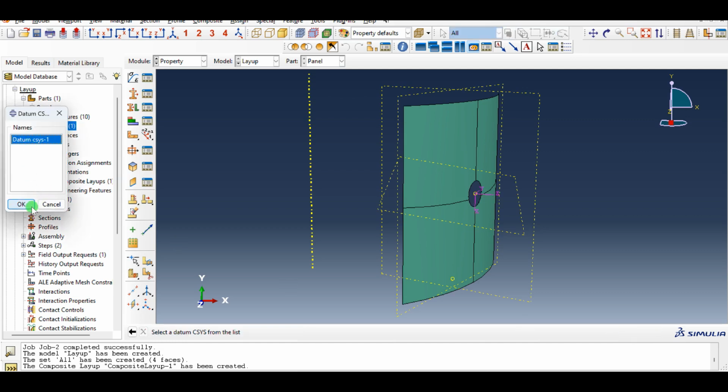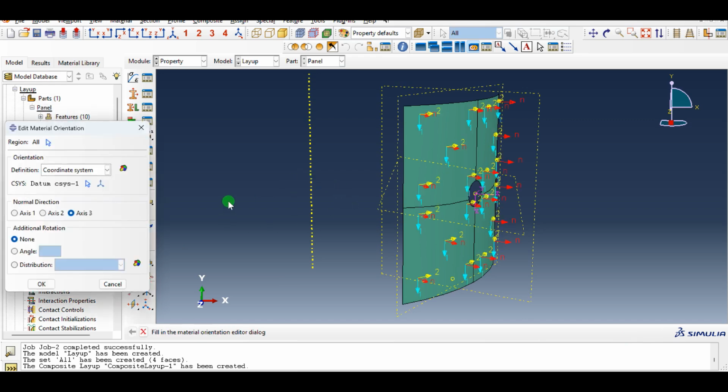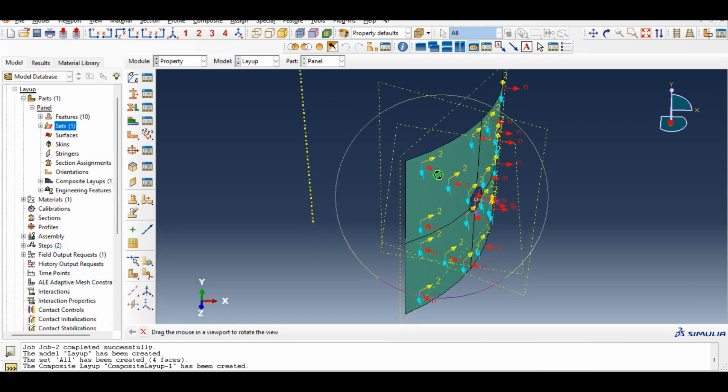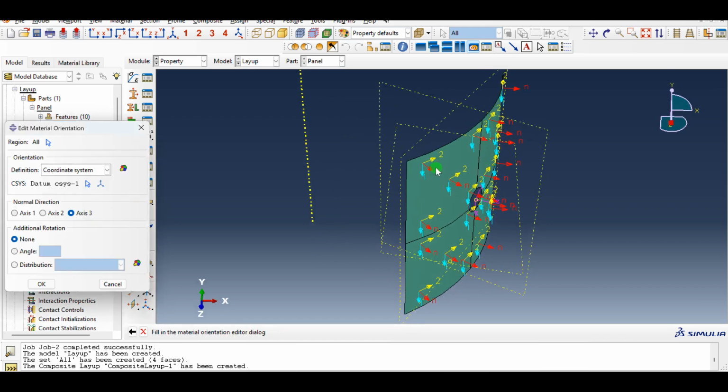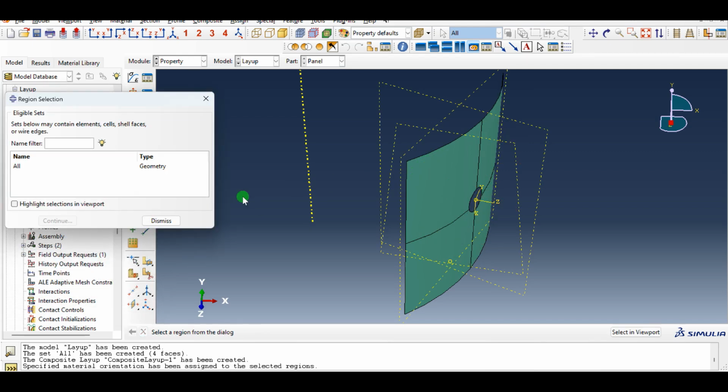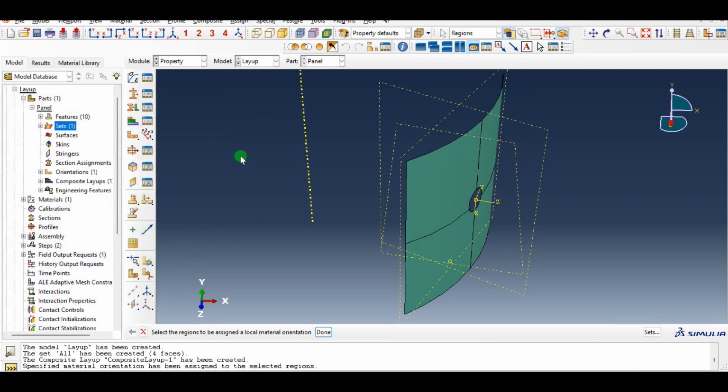We select the created coordinate system, and then as you can see the normal vector is perpendicular to the external surface, and the blue one is related to the x-axis, and the yellow one is related to the y-axis as the second direction. And okay, it's done,